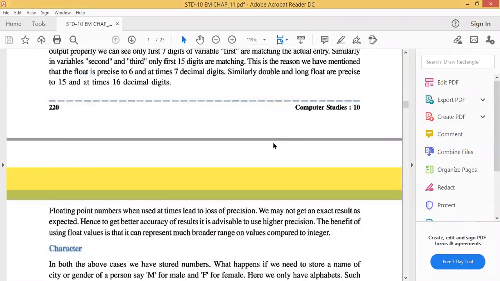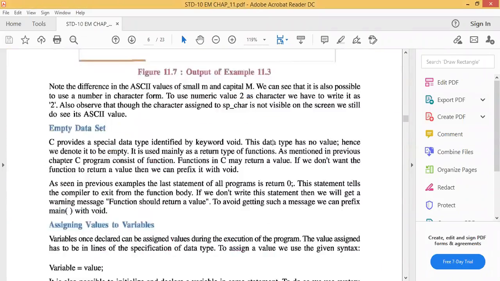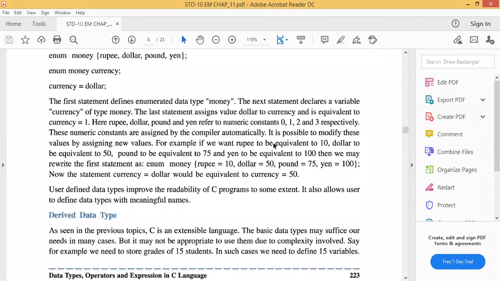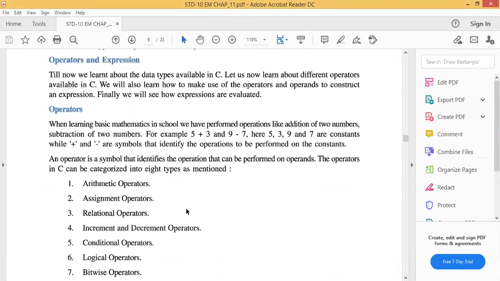In the last session, if you remember, we covered these topics. Each data type has its own set of values. If we choose integer, what number is in the data set? For example, number equal to 10, gender M. In the last session, we already covered this. So now we will start the next topic.